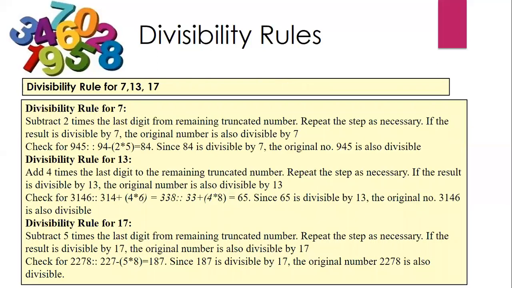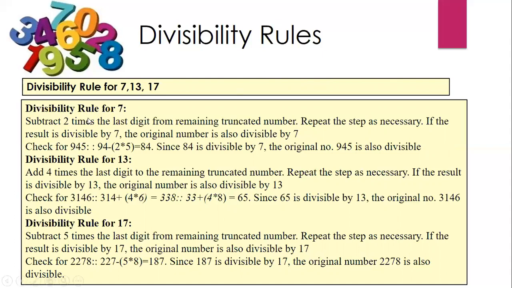So we have missed out the divisibility rule for 7. We don't have a shortcut or a shorter way to find out the divisibility rule for 7, but anyway, let me explain the logic. If we have to find out whether the number is divisible by 7 or not, just take the unit digit, multiply that by 2 and subtract it from the remaining digits. If that is exactly divisible by 7, then the whole number will be divisible by 7. Otherwise, that number will not be divisible by 7.